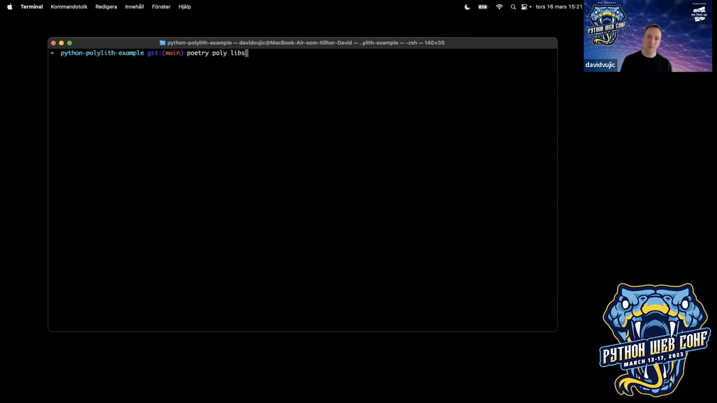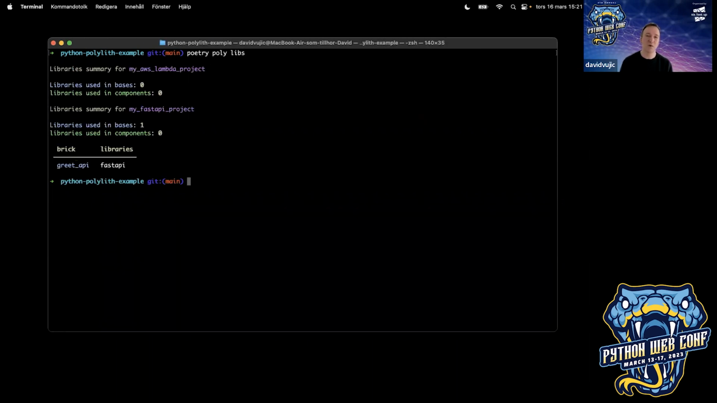There's another command called poly libs, and that one will scan your workspace and look for any third-party libraries and where they are used. And in my tiny little example repo, we have one brick only that uses one third-party library, and that is actually FastAPI. So I'm going to switch to a different repo